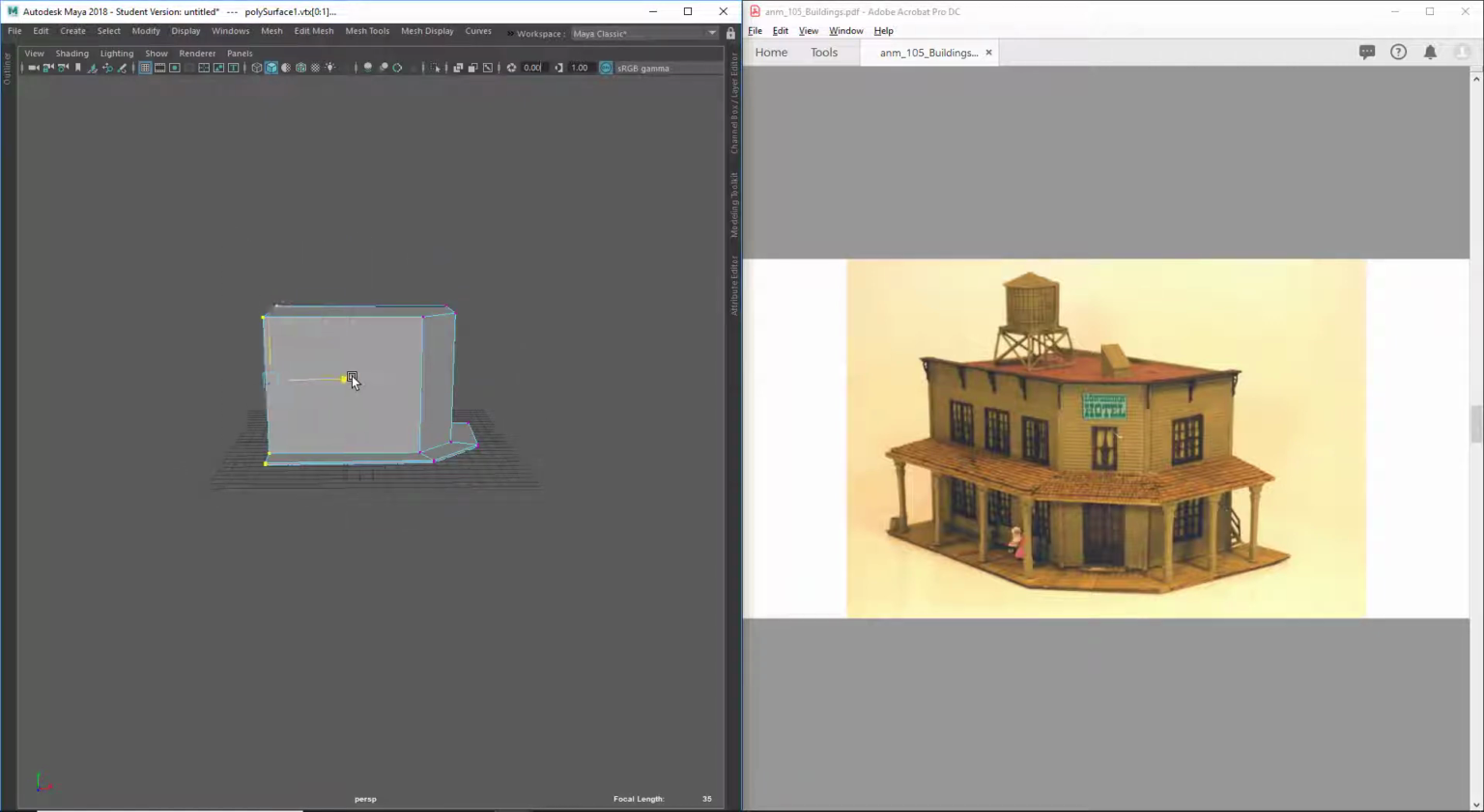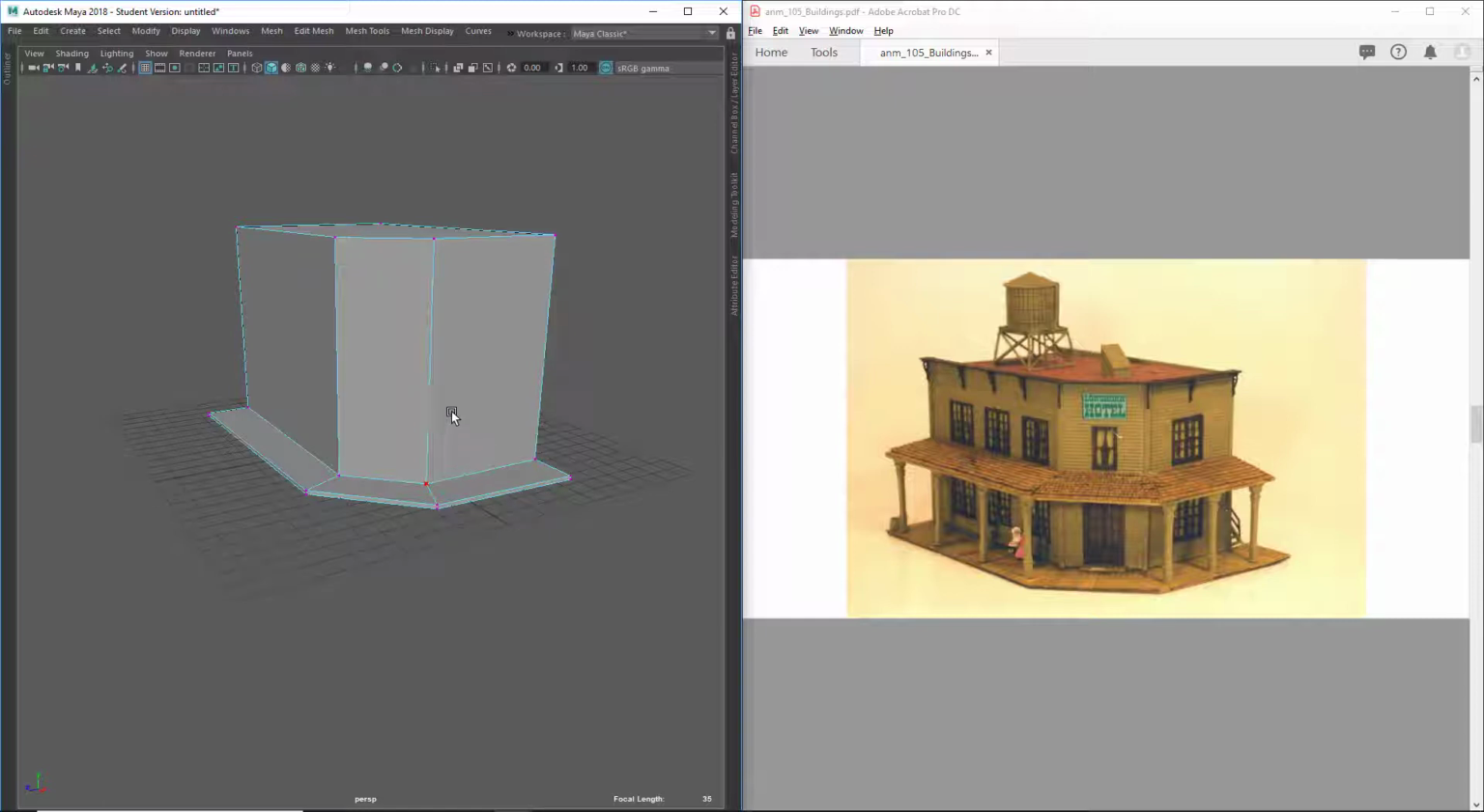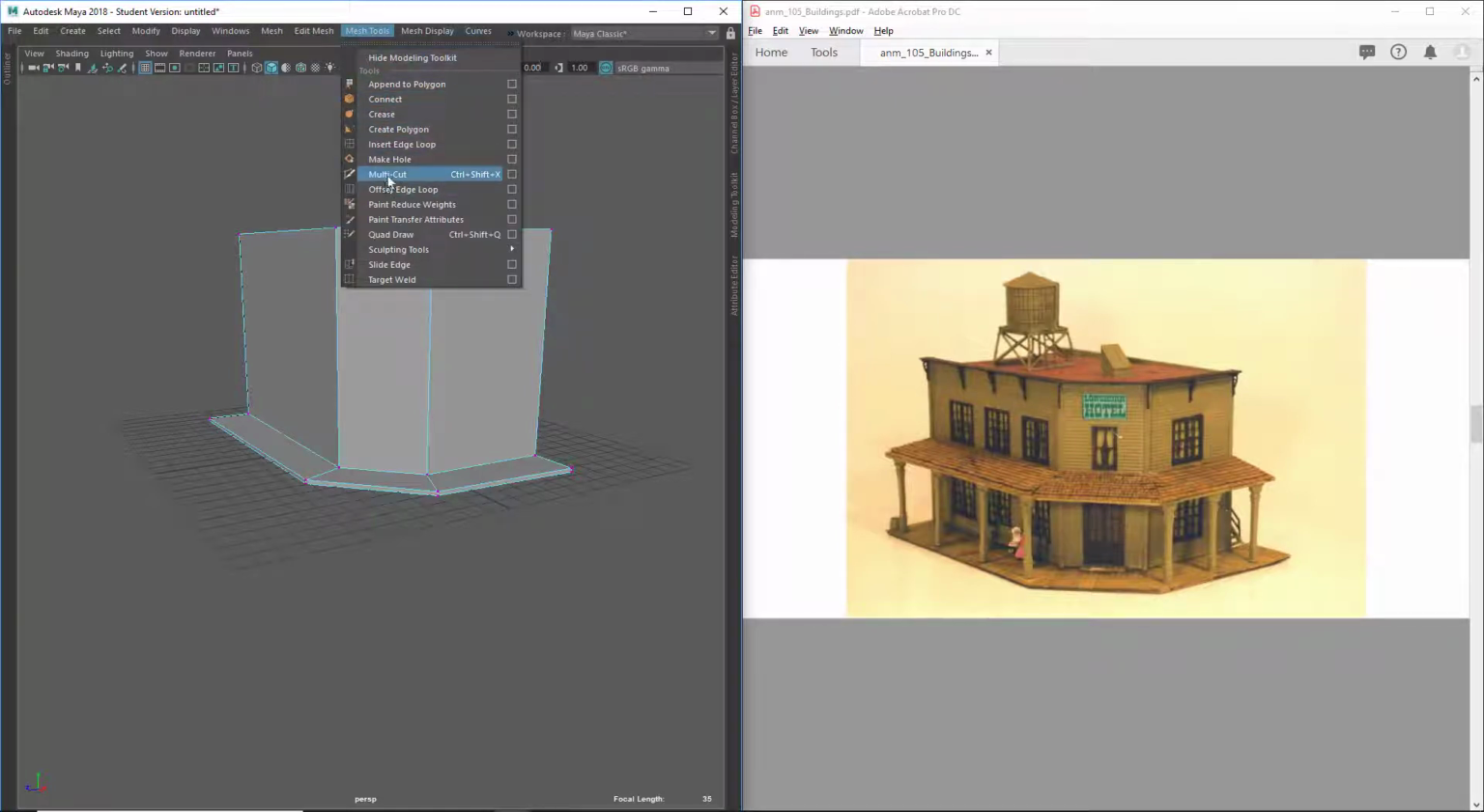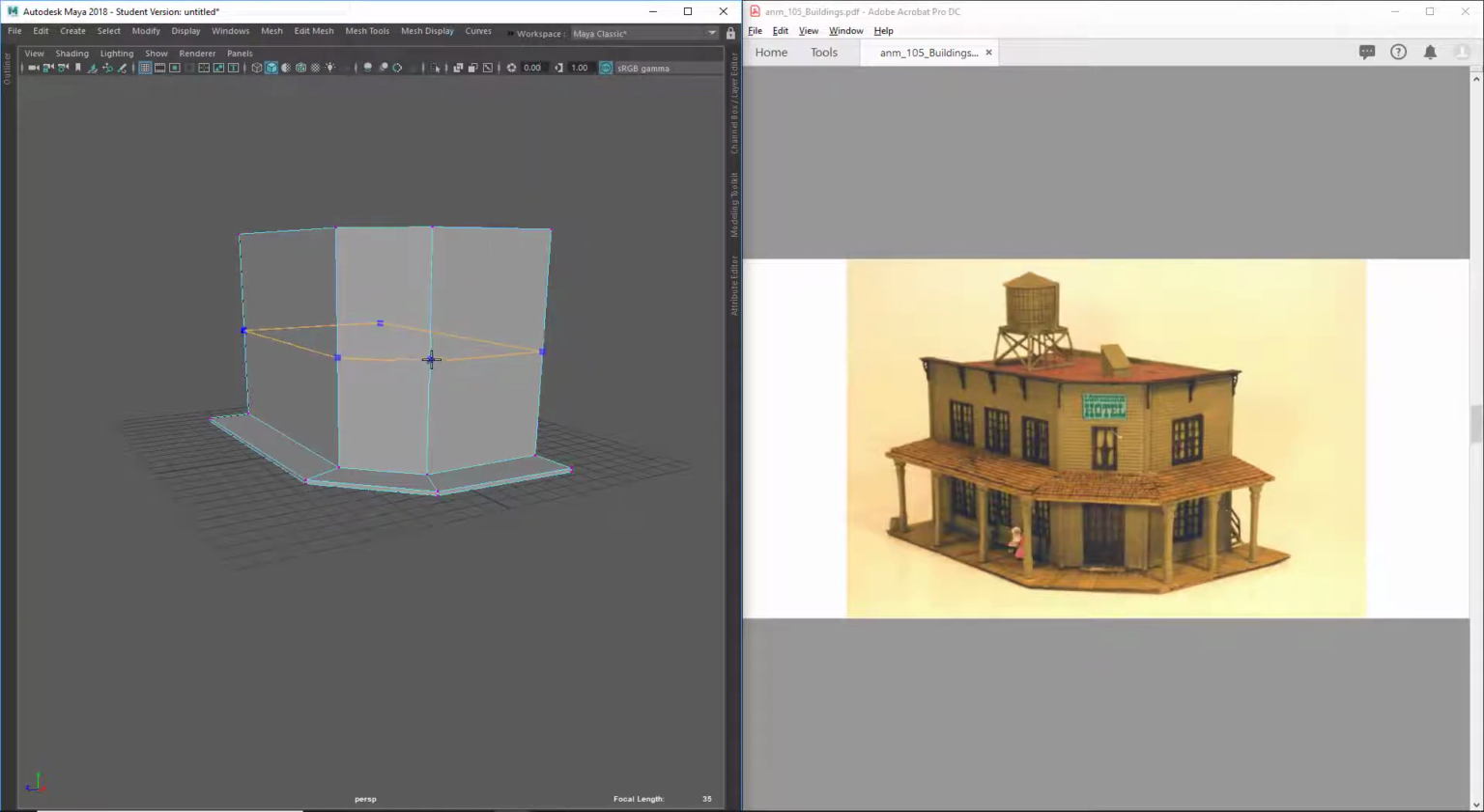Maybe even longer this way. It's just hard to tell because of the perspective. I might do that again, that for that awning. Get the multi-cut tool, and it seems like this top half is a bit taller than the bottom half, so maybe